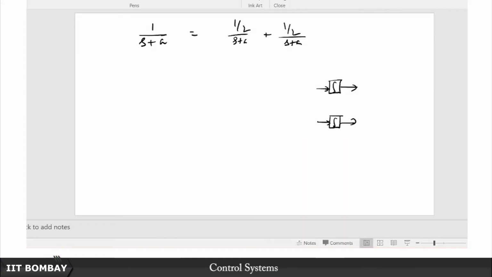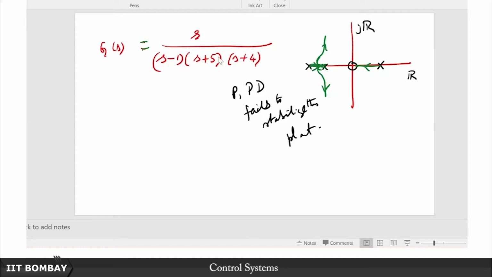Although you might not be very happy with some of those design methods, as we highlighted in the previous lecture. For instance, right at the end of the previous lecture we showed you that if you're given a transfer function like this, forget about performance, even stabilization is not possible using a proportional or a proportional plus derivative control action, because of this right half plane pole that's sitting over here.